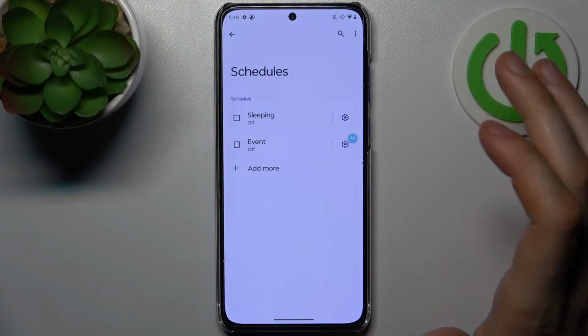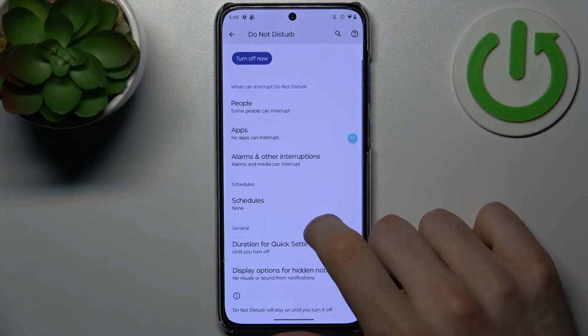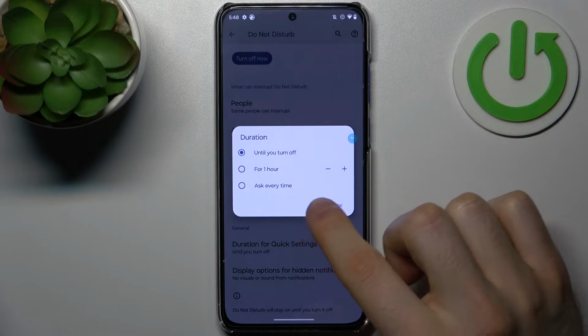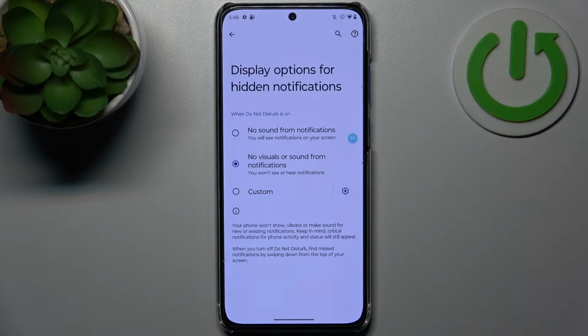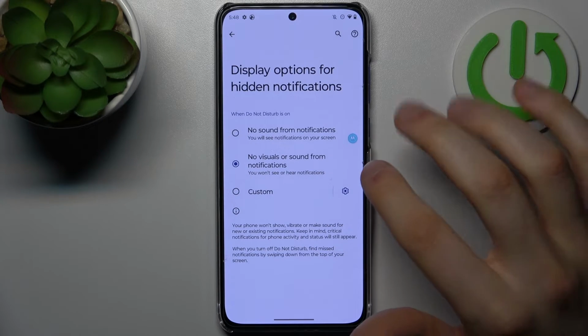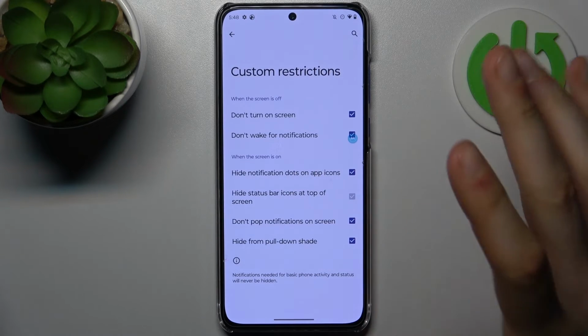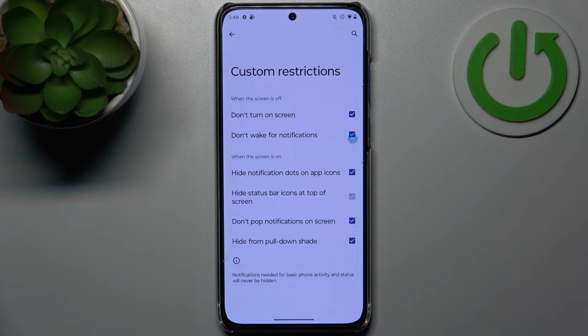You can set up a schedule for this mode. You can set up default duration of Do Not Disturb, and you can also hide sound from notifications. You can hide visual and sound from notifications, or you can customize what you want to hide and what you don't want to. So yeah,